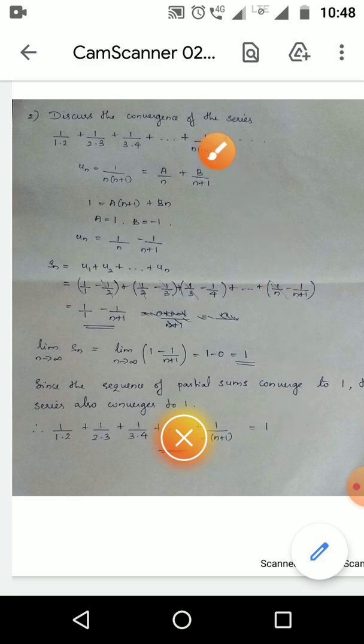So if we are given a series like this and asked to check the convergence, even though it is an infinite series, if the nth term can be split up using the method of partial fractions, then un can be written as f of n minus f of n plus 1. Here you don't have to identify the function f of n, because it is of no use for an infinite series. You just write Sn and go on like this. If you can write un in this form, then it will be easy to simplify Sn.